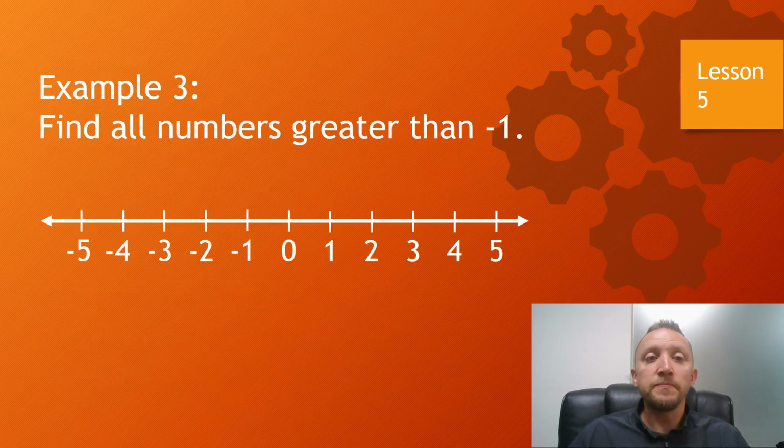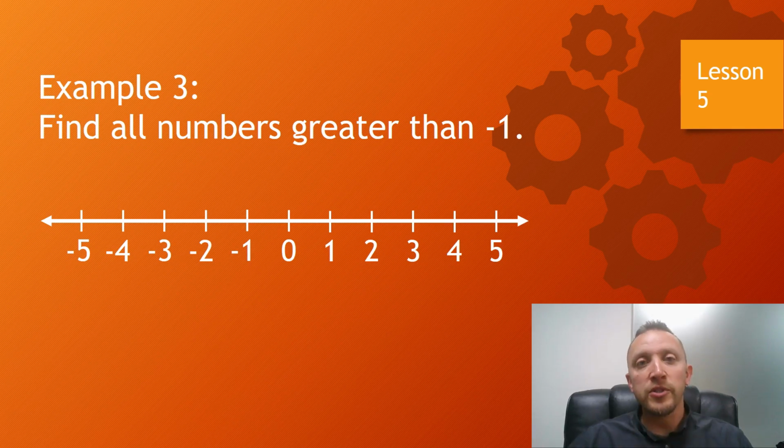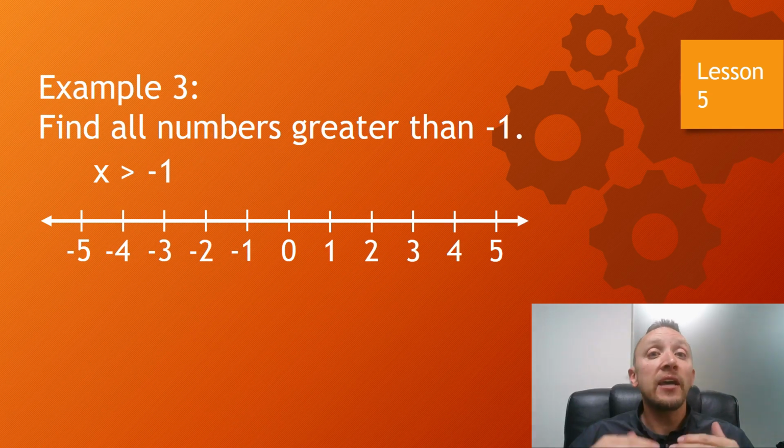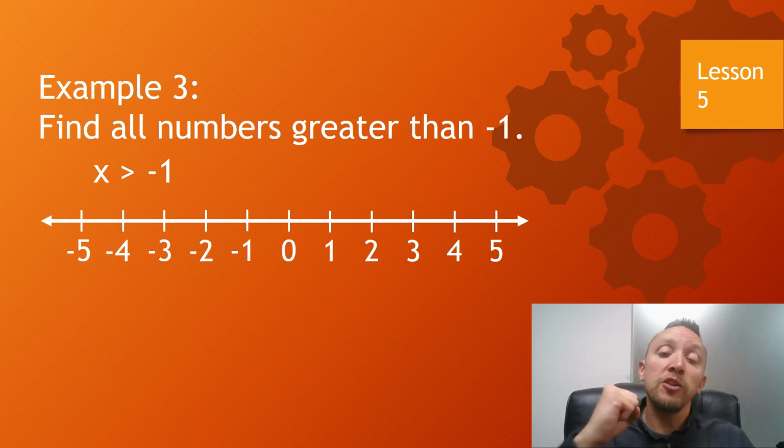Let's look at another example. This time it says find all numbers greater than -1. Now sometimes we can say it in words like that, and we could also use a symbol. You might remember your inequalities: greater than, less than, greater than or equal to, less than or equal to. Well, in this situation, we're saying that all the numbers, x, we could say, are going to be greater than -1. So in this situation, it means -1 is not included, but all the numbers bigger than -1 would be. Now, some people want to say, well, could I just put a closed circle then at 0? No, because